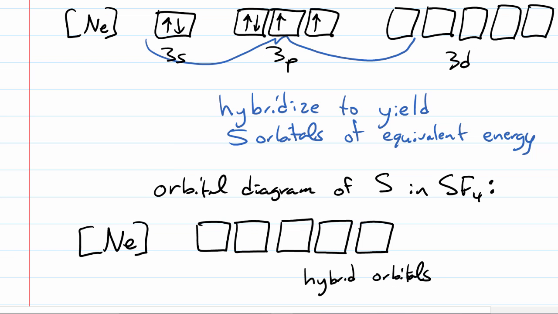And the label we give to them is going to be based on how many we used of each type. So how many S's did we use? Just 1. How many P's did we use? 3. And how many D's? Just 1. So the label we give to this is sp3d hybrid orbitals. And again, they're called sp3d hybrid orbitals because we used 1 S, we used 3 of the p orbitals, and